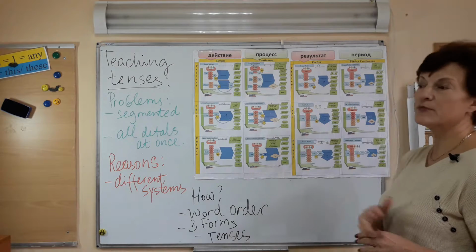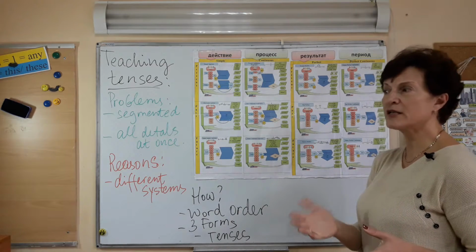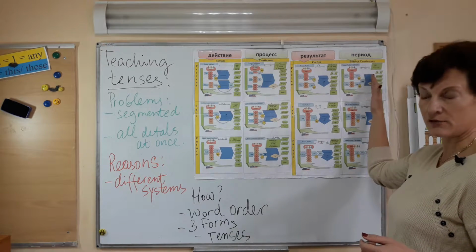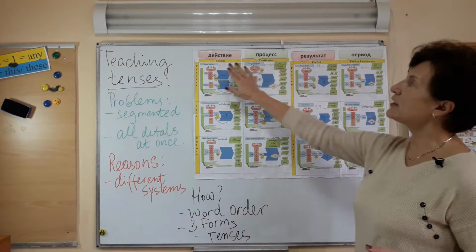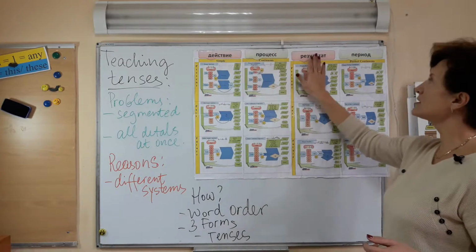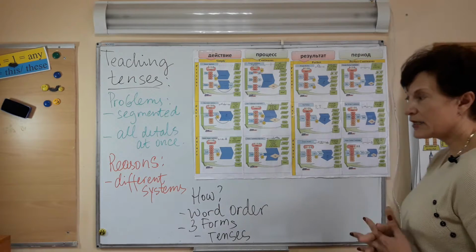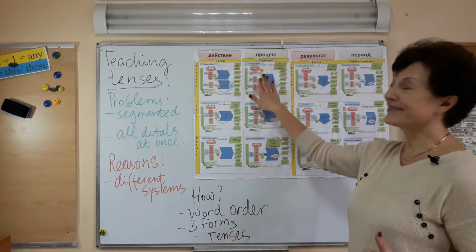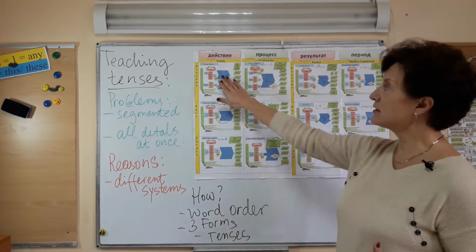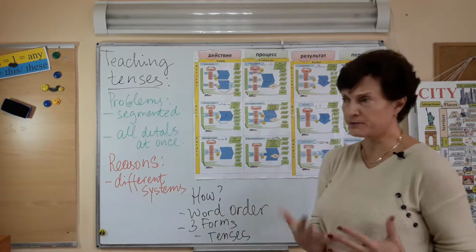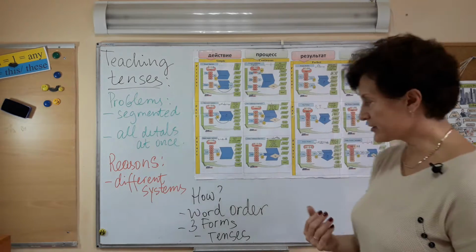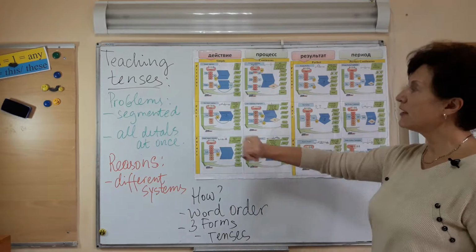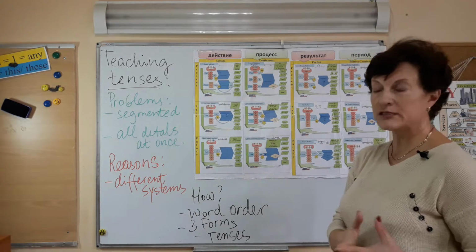Though perfect can be compared to Ukrainian зробив, it's not the same tense, plus it has the continuous form. So we keep talking about the activity, the process, the result, and the period, and that is how we practice the tenses until they can at least distinguish these steps in the text or in their speaking. Then later, three forms of the verb are also important, but you have already seen how we practice